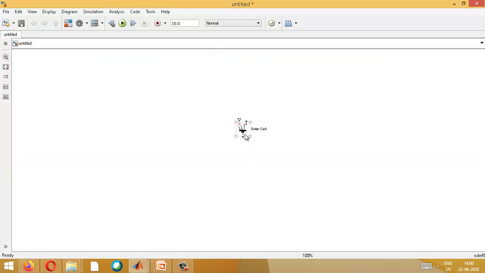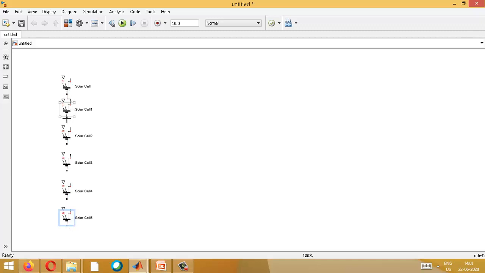Now this is a single cell. With a single cell we cannot connect it to a load and so on. So what we are going to do is prepare a solar panel. First of all, we are taking 6 cells, 1 2 3 4 5 and 6 cells. Now, as I have told, you have to connect them in series, so the negative of one cell is connected to the positive of the next cell. Similarly we are connecting them.